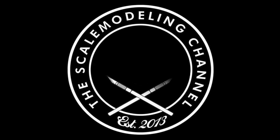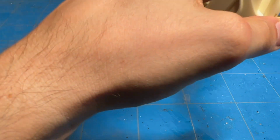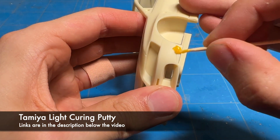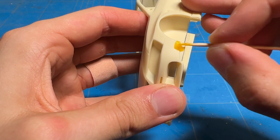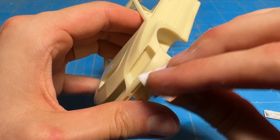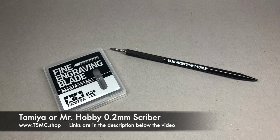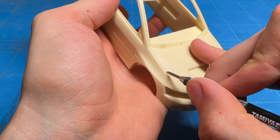What better way to start off the Evo build than by modifying an already modified car? Now on the front bumper there is a small slit, and usually you'd need to put in a small canard there. I really don't like the look of canards in general, and specifically on this one it didn't fit all that well, and I just didn't think it would fit in nicely with my design, so I just removed it. I filled in the hole, or the slit, with some, to me, a light curing putty, sanded it